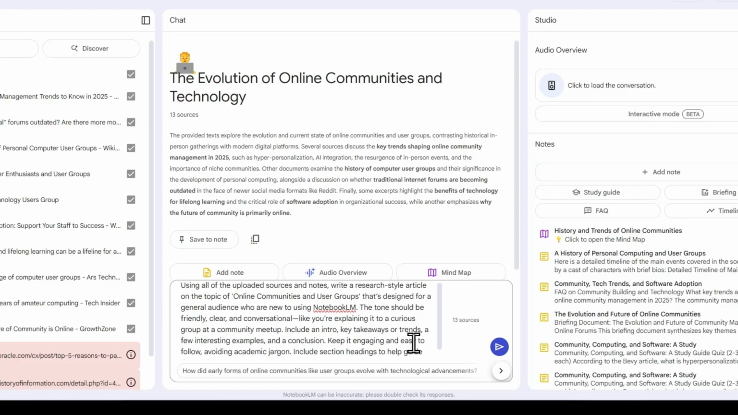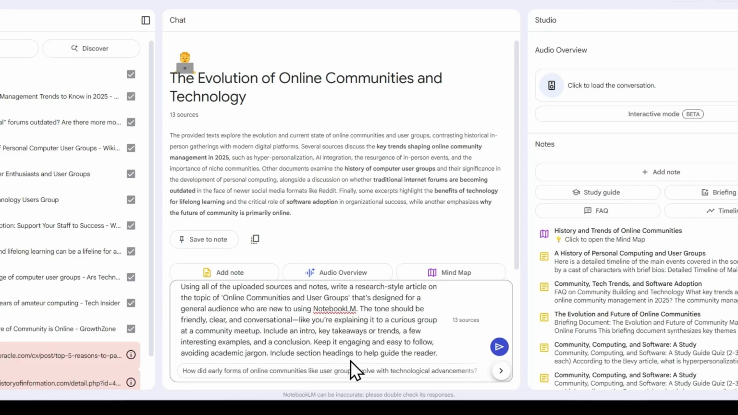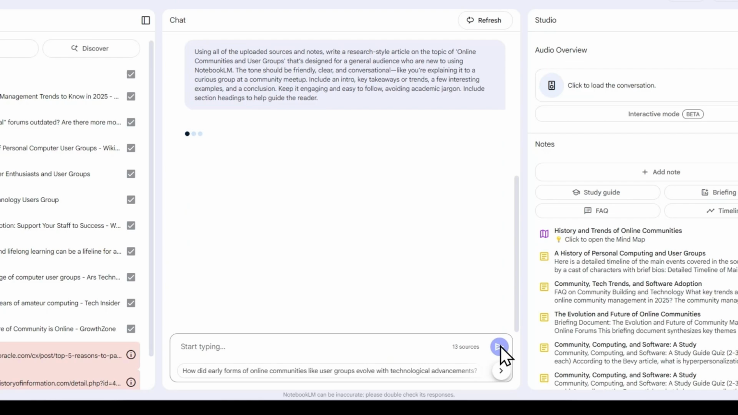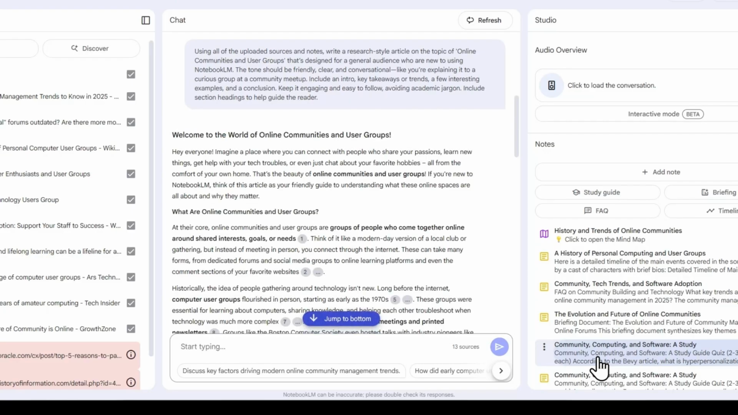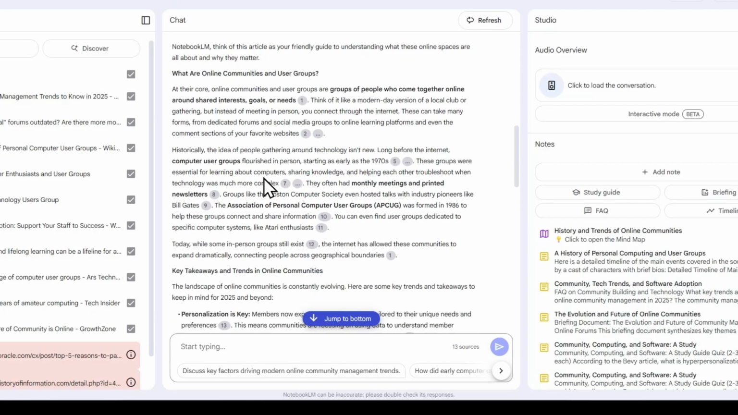Here is our prompt. Using all of the uploaded sources and notes, write a research style article on the topic of online communities and user groups that's designed for a general audience who are new to using Notebook LM. The tone should be friendly, clear, and conversational, like you're explaining it to a curious group at a community meetup. Include an intro, key takeaways or trends, a few interesting examples, and a conclusion. Keep it engaging and easy to follow, avoiding academic jargon. Include section headings to help